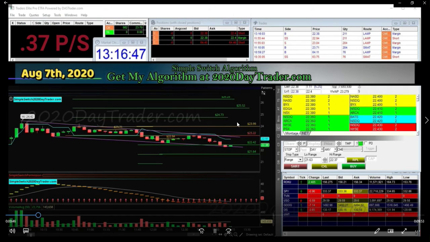My first trade of the day, I had an accidental trade. Stupid. Anyway, it doesn't matter. I shouldn't have been in it, and I got in it and took a loss on it. And then my second trade of the day was a great trade. So even though I ended up losing on the day, it was an excellent trade.